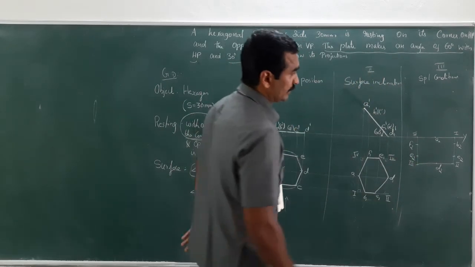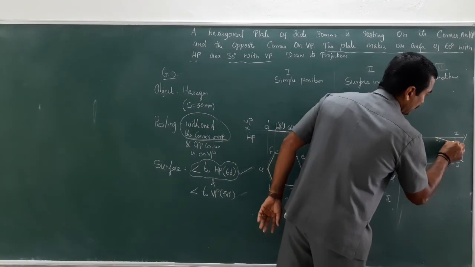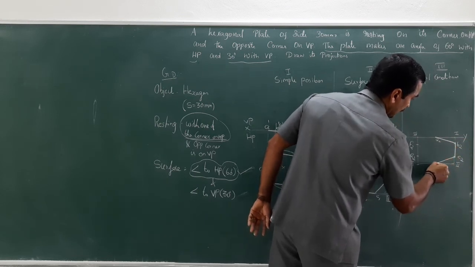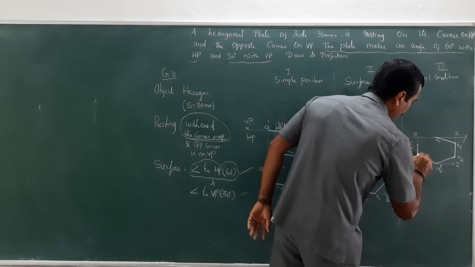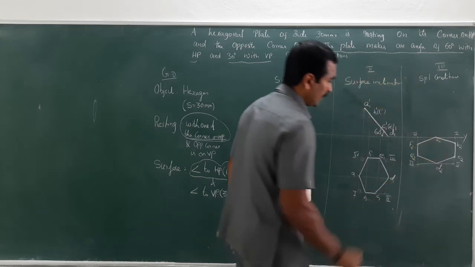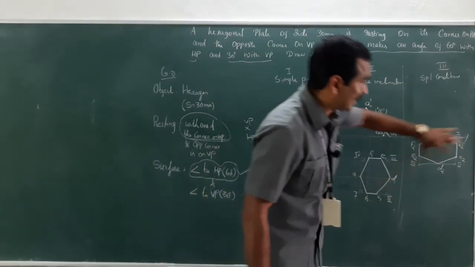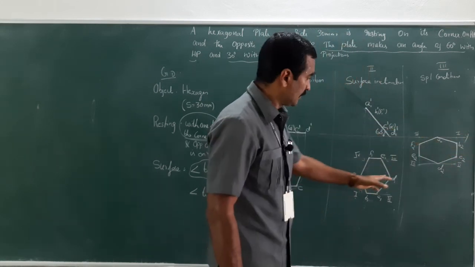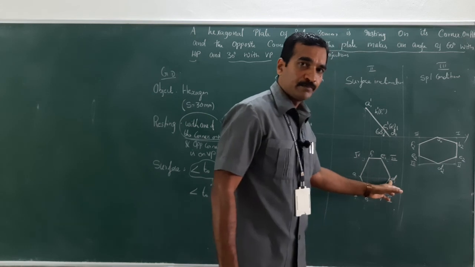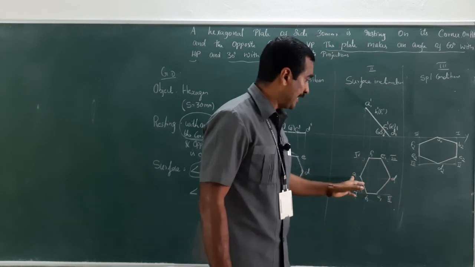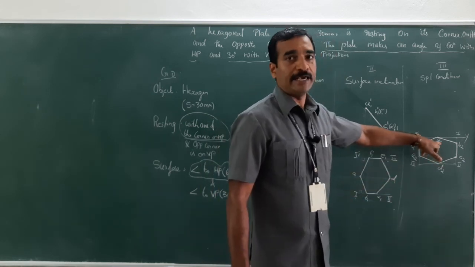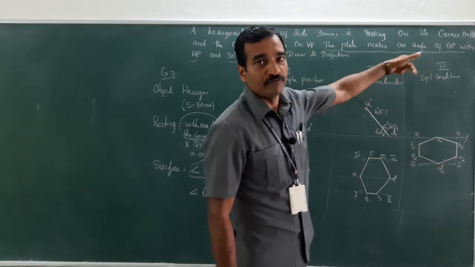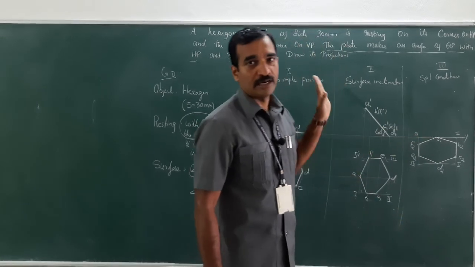Now connect all the lines, the sides A to B, B to C, C to D, D to E, E to F, and F to A. This image has been transferred here, just reproduced here. Only thing is, the resting corner is D, the opposite one A is kept on the XY line. Now the A corner is on VP, D is on HP.